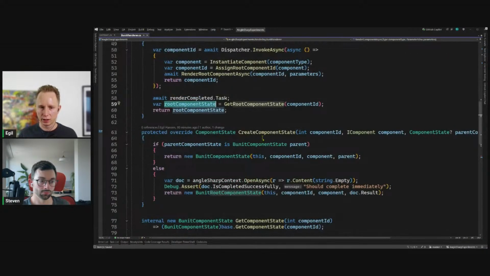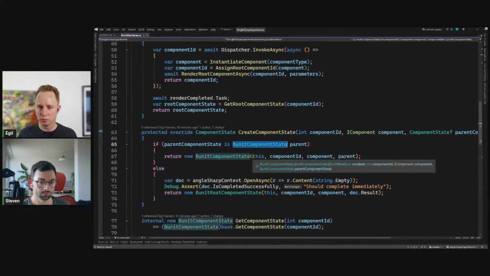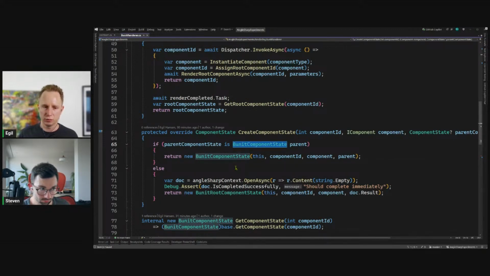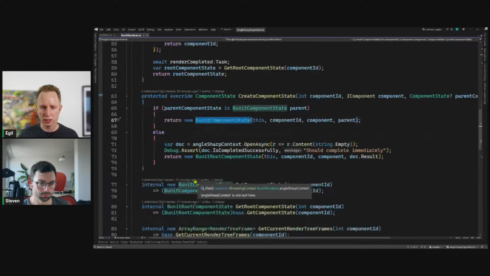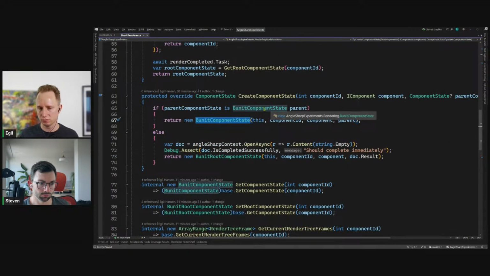Now, create component state is the method I've overridden, and that allows us to control the component state types. So similar to what we've done in V2 in the other branch. So here we basically say if the parent component is a bUnit component state, or rather, we probably just want to say, no, this should be fine, parent component state. We just new up a new bUnit component state that takes in the parent. If it's null, which I guess is the other option, then